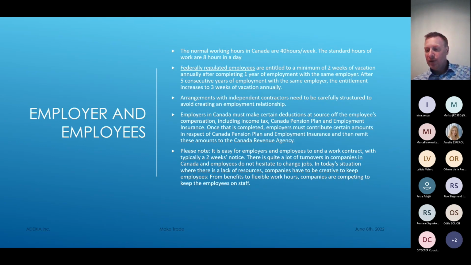The last point does address what you were asking before: it's super easy to end a work contract. It's super easy not only for the employee, but also for the employer. Typically, an employer is able to tell you on the Friday night, you don't need to come back on Monday morning. They will pay you your 2 weeks of notice, but it's very rare that when someone is fired in Canada, the employer will ask the person to come and do the last 2 weeks. Typically, they'll fire you, they give you your money, and they don't want to see you anymore.